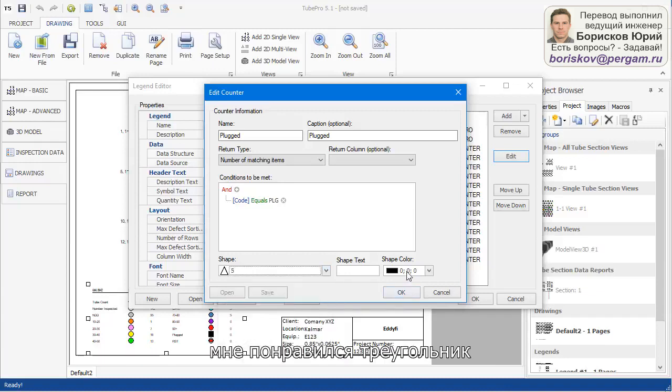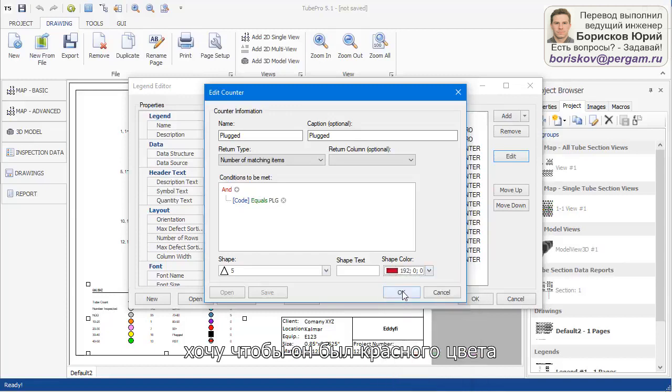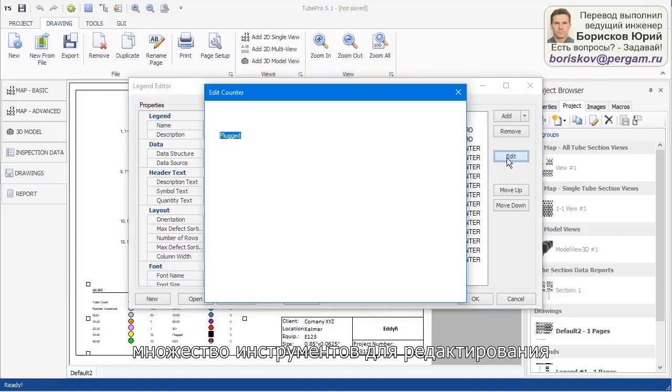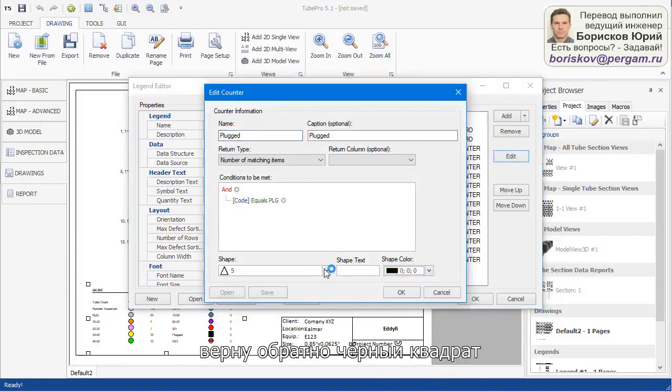I can decide to have a different color. So if I want it to be red, I can do that, and then my plug becomes a red triangle. So there are all kinds of ways to edit the value. So I will go back to the black square,